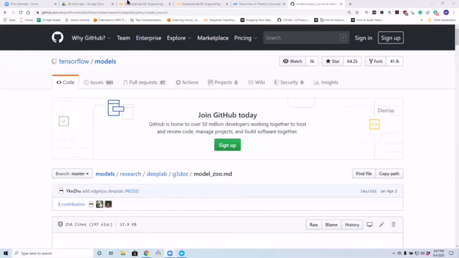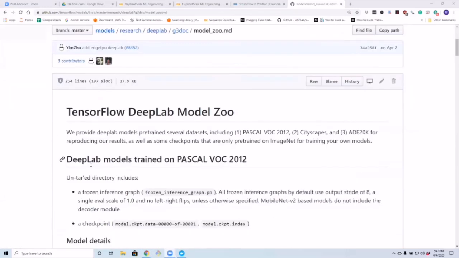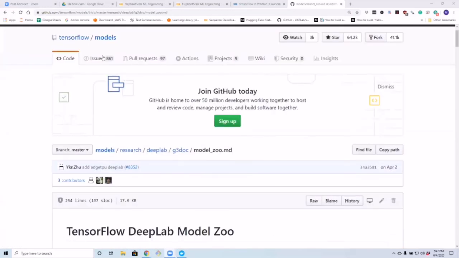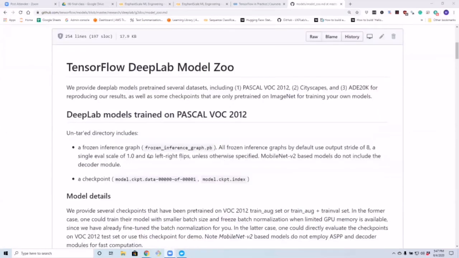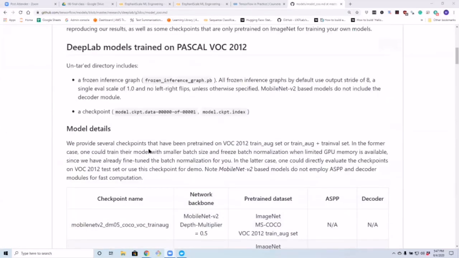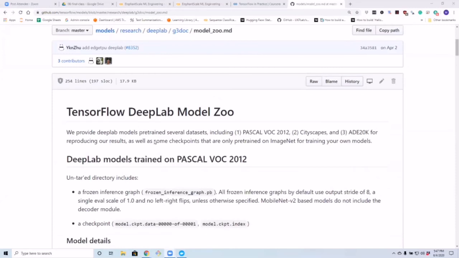Yep. Here, I'm going to share my screen again so you can see this. Okay, and let's see, is this it here? Yeah, TensorFlow models. So they have a model zoo, which is essentially, Umesh, to your question